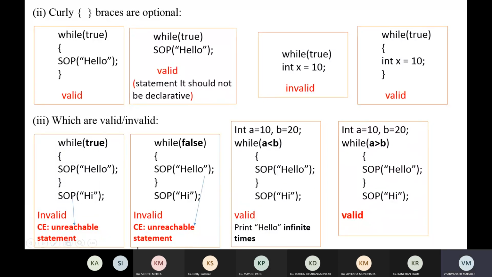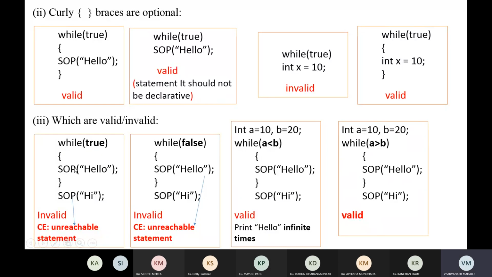Is it correct or wrong? While true hello, and below that, print hi. Generally, if this is true, then execute the statement within the while loop. So this while loop will execute, but it will execute infinite times, because this condition is always true.